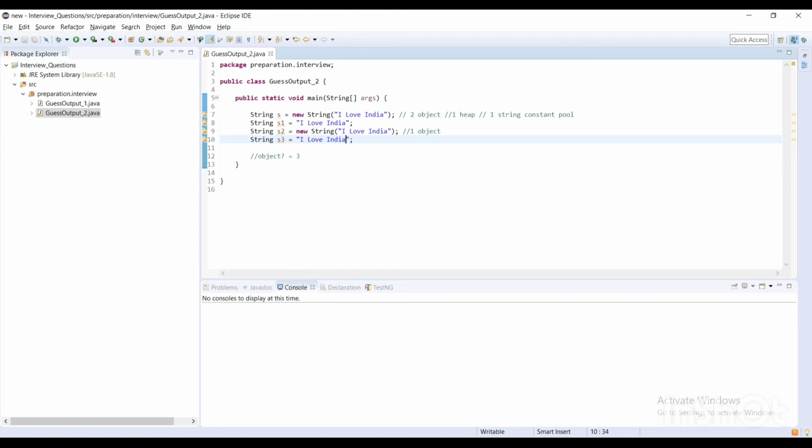So in this way, you have to understand the concept and explain it in the interview as well, so that the interviewer gets to know that you know the correct explanation and the concept. Okay, so that's all for this video. I will try to add another question in a new video, from basic to little advanced level questions, so that you can get exposure to all types of questions.